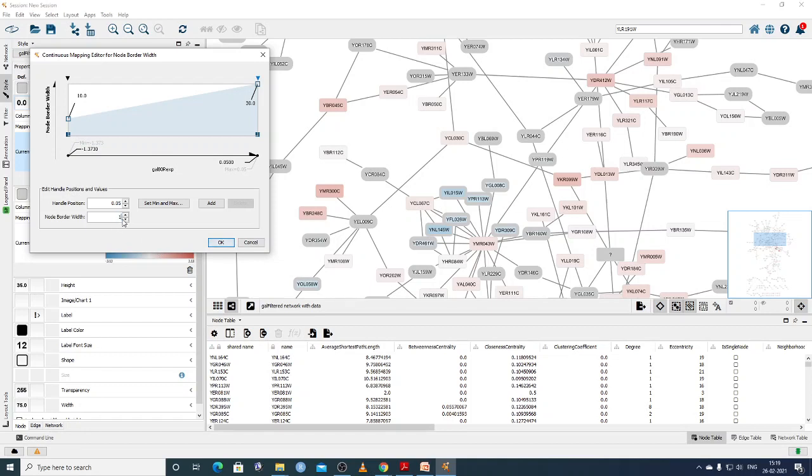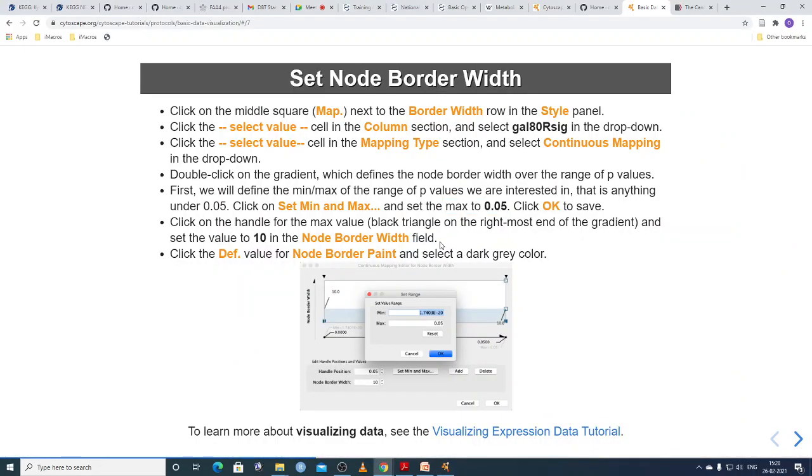Now with 10, you can read the letters inside. If it is a gene name, you can read it and you can analyze the data also. Here the level of significance is more compared to this gene which doesn't have any border. And these borders will all have different border widths.